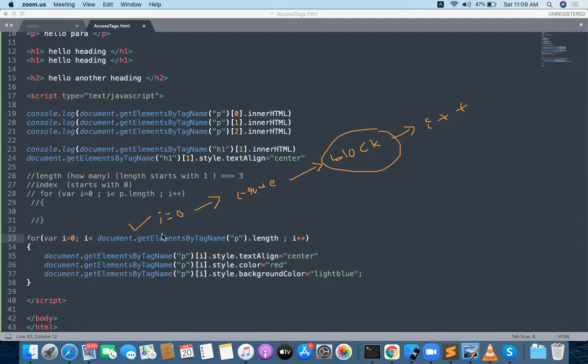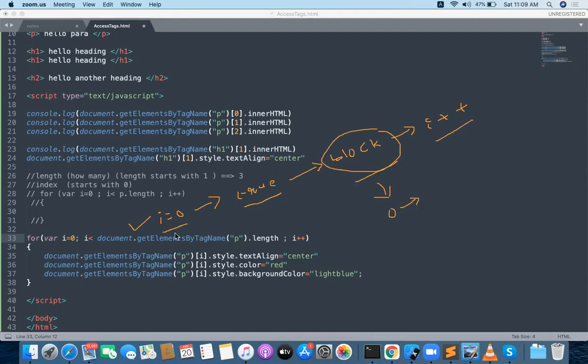See, understand first. My screen is visible, right? Yeah, my drawings. Okay. So first of all, initialization i equal to 0. 0 less than the length of the paragraph. Is the condition true or false? It's true. Then the block will execute. Then i plus plus. When the block is executing, some style got updated. For index 0, style updated.